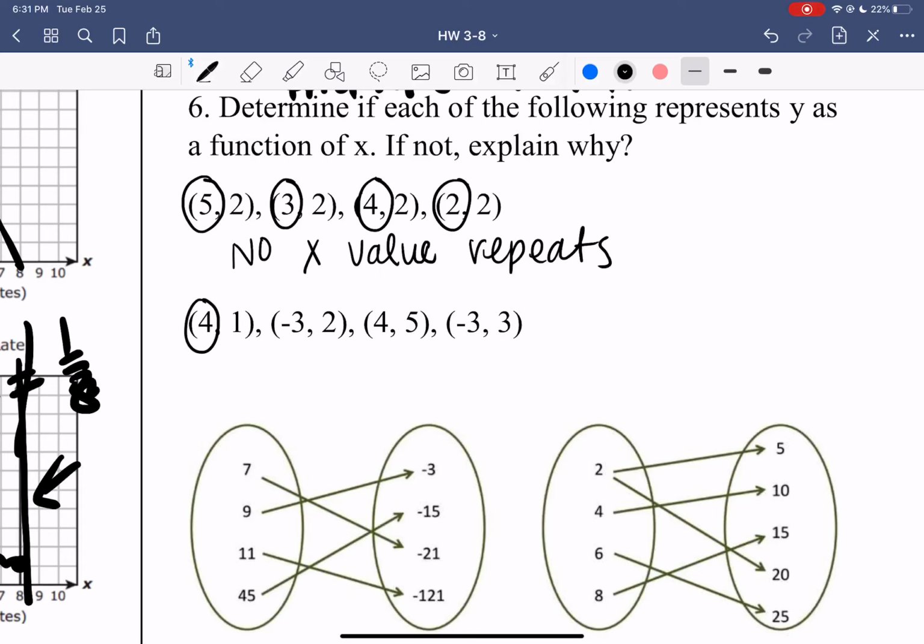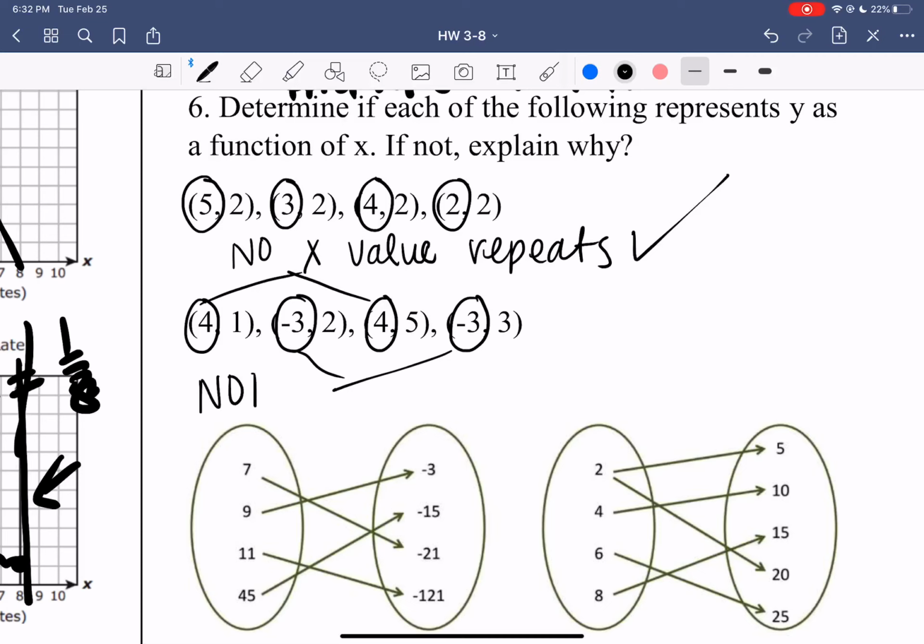We have 4, -3, 4, and -3. So we have 2 -3s and 2 -4s. So this one is a function. The next one is not, because we have 2 x values,